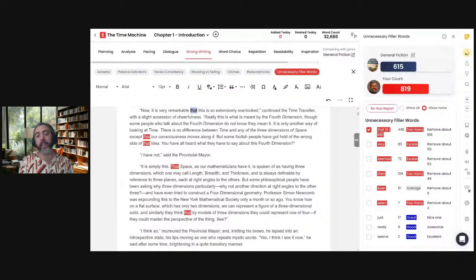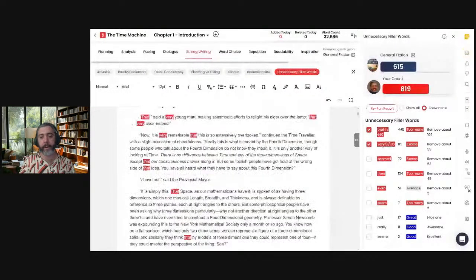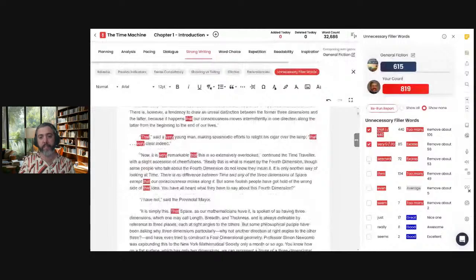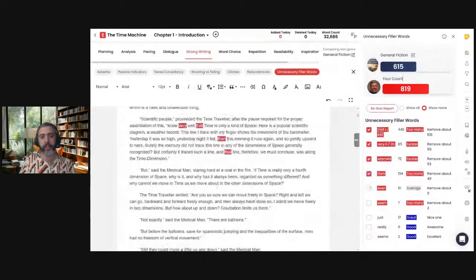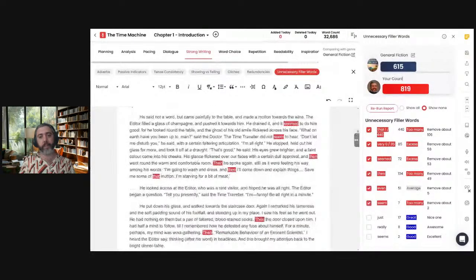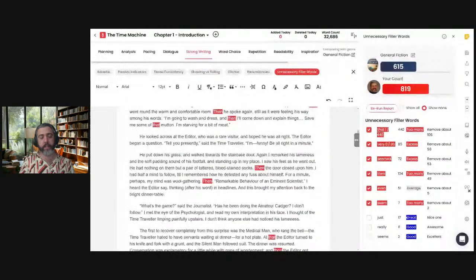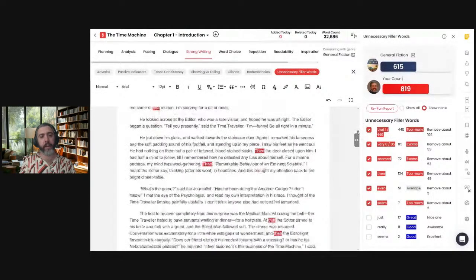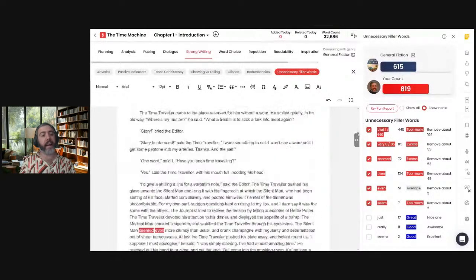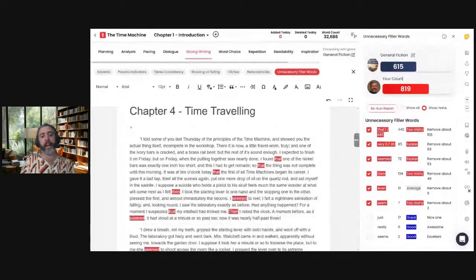And then, of course, you could go to all the varies. Or if you would prefer, you can select a bunch of them, check them off, and just scroll through the document and go through your top unnecessary filler words, right? And you can look at them and see where it seems like they're stacking. Like in here, maybe I'd want to go specifically in this paragraph and take a look.